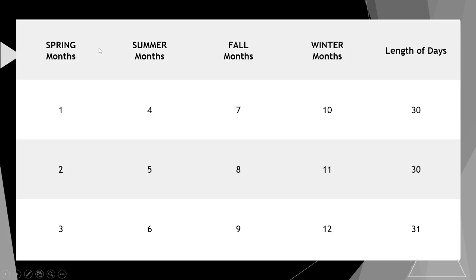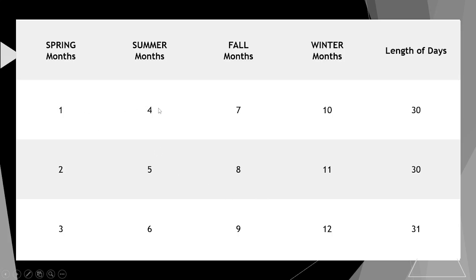So you can see there are 4 seasons here now: spring, summer, fall, and winter. And this is an illustration to show you how many months are in a season. This is just a different illustration demonstrating the same thing with the hope of solidifying this in your mind, right? So if you look at spring, you'll notice there are 3 months in spring: March, April, and May. Summer, June, July, August. Fall, September, October, November. And of course, winter, December, January, February.